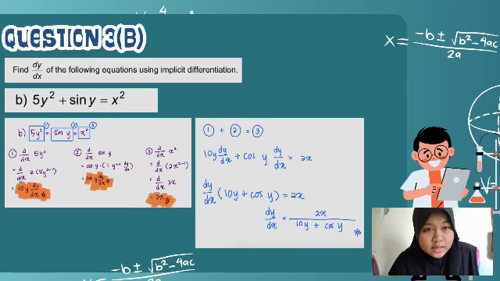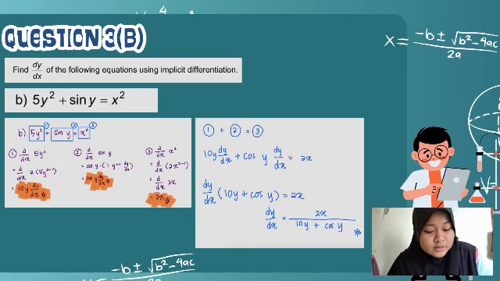Actually, it is an x. Wait, let me correct that: d per dx sin x equals cos x. So in here, we will just replace the sin y with cos y. So cos y times